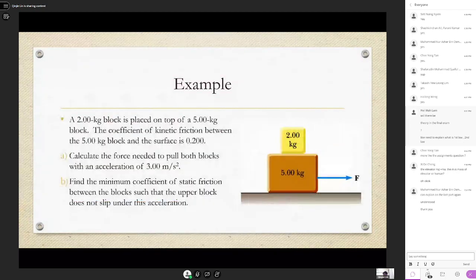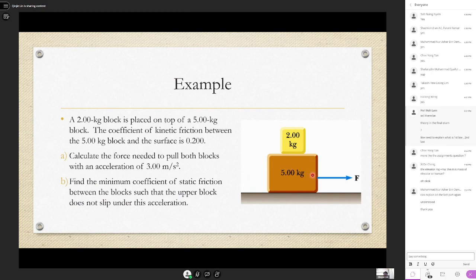Yeah, no problem. So part B: find the minimum coefficient of static friction between the blocks such that the upper block does not slip under this acceleration. So this part here, they ask you to find the minimum coefficient of static friction so that this thing, when you pull to the right, won't fall off. Imagine you have a block below and a block at the top. In real life,